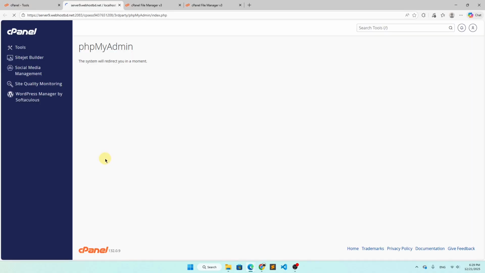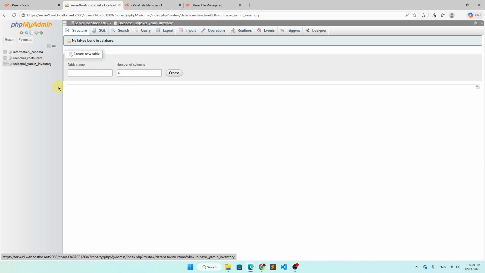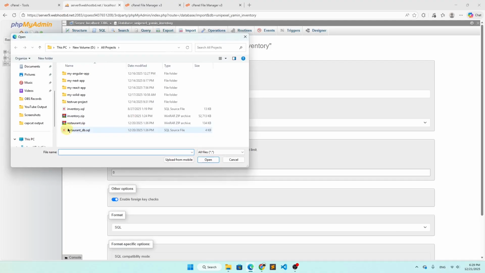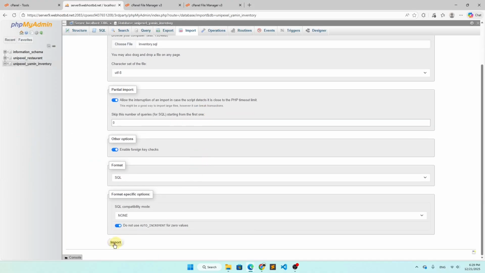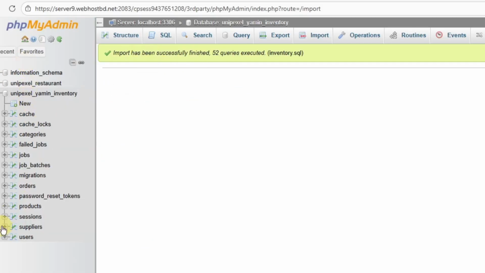So click here phpMyAdmin, and here you can see we have unipixel_yamin_inventory. So this is the database we have. Now we'll go for the import section. Here you can see import, and then you select the file, and that is inventory.sql. So we'll add it here and click import, and here you can see all the tables and everything added